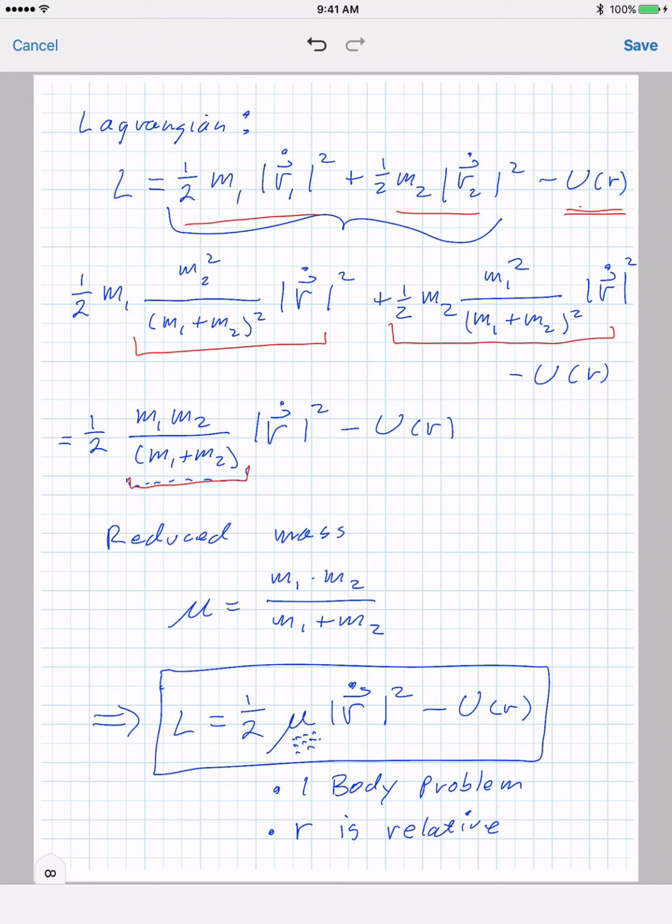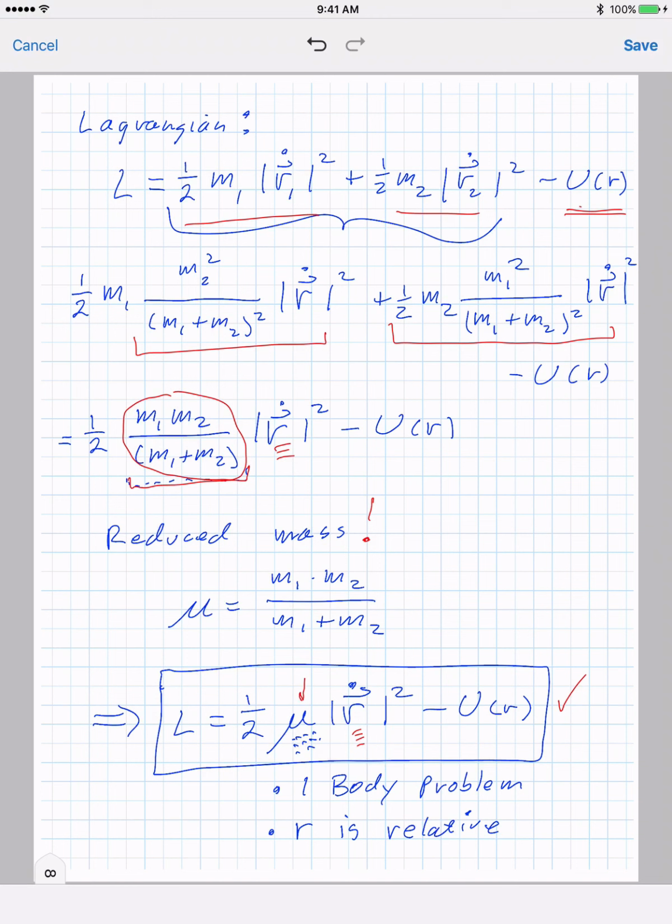And you'll notice that what I've got here is just this relative coordinate r, and then it's dotted, so that's the speed squared. And then there's this coefficient in front, which has units of mass, and that's called the reduced mass. The reduced mass is an important idea. It's this idea that we can reduce the dimensionality of this problem. That basically the two-body problem becomes a one-body problem, and it's in terms of this relative coordinate r, except that